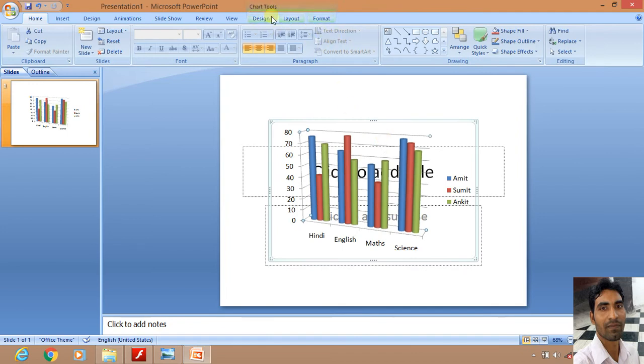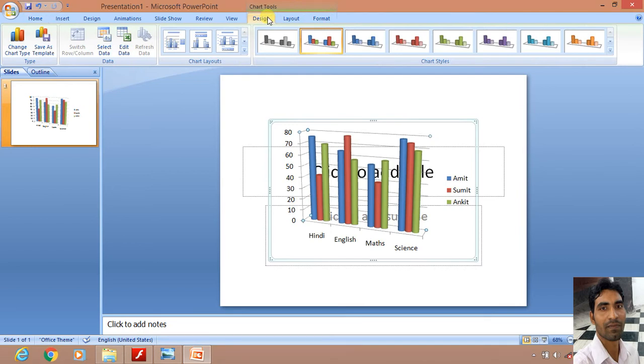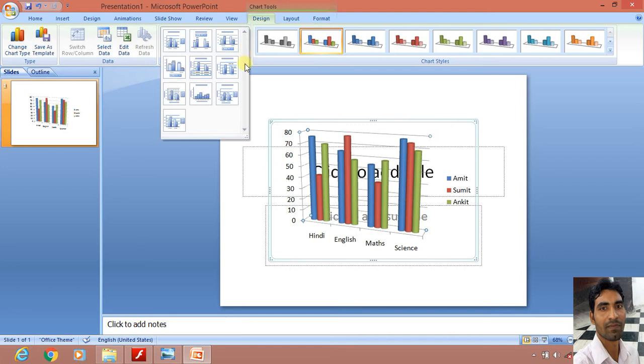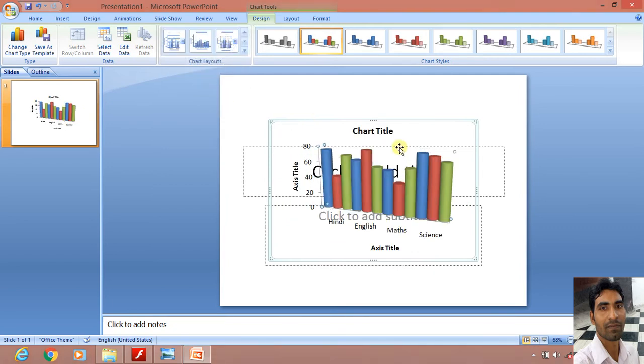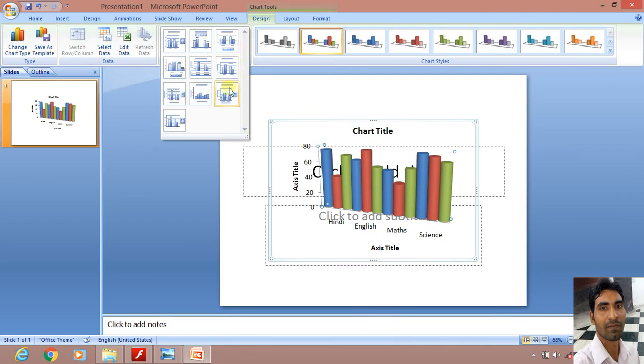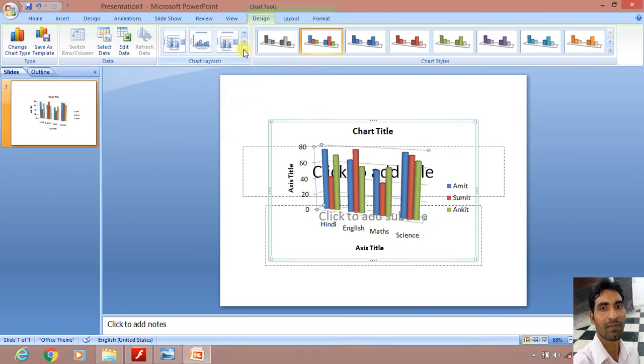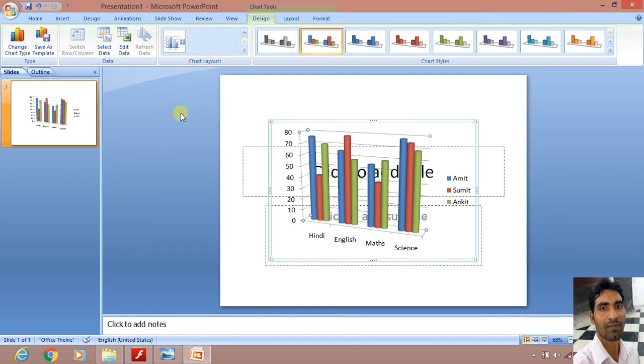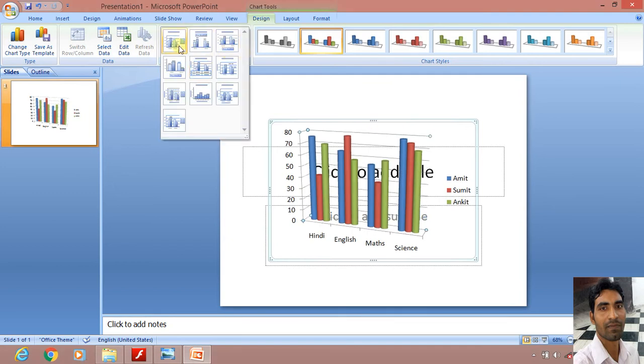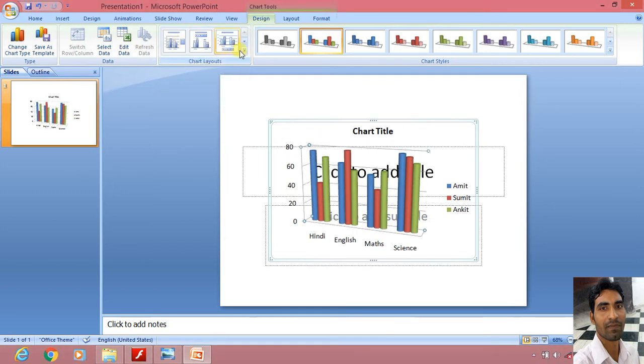These 3 tabs appear. Now on the Design tab, if you click, here we have the chart layout. Here you can see on the ribbon chart layout is written. Now here we can click the drop down arrow or we can scroll through. So select the drop down arrow and select any chart layout whichever you want to apply. Like this one we want to apply. See here it has been changed. Any other layout you want to apply, this one, this has been changed. Any other, this one you want, this will change. So this way we can change the chart layout.